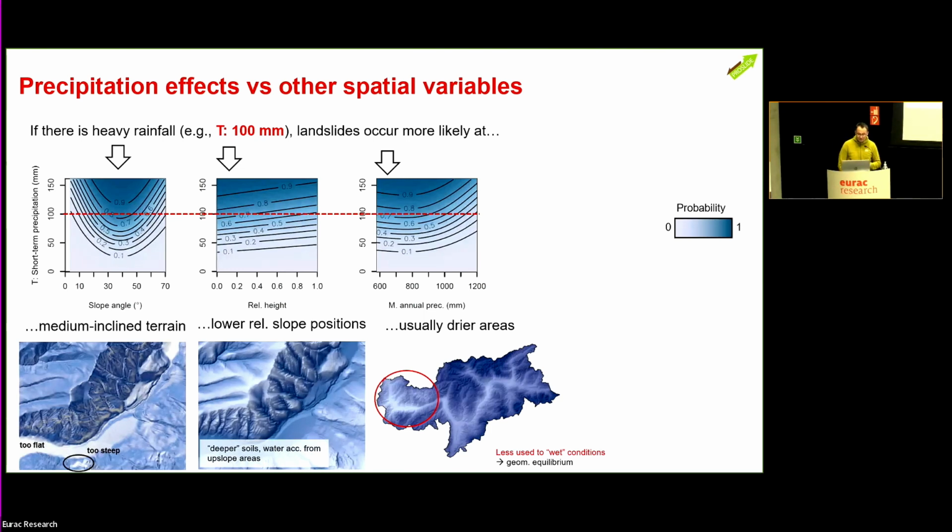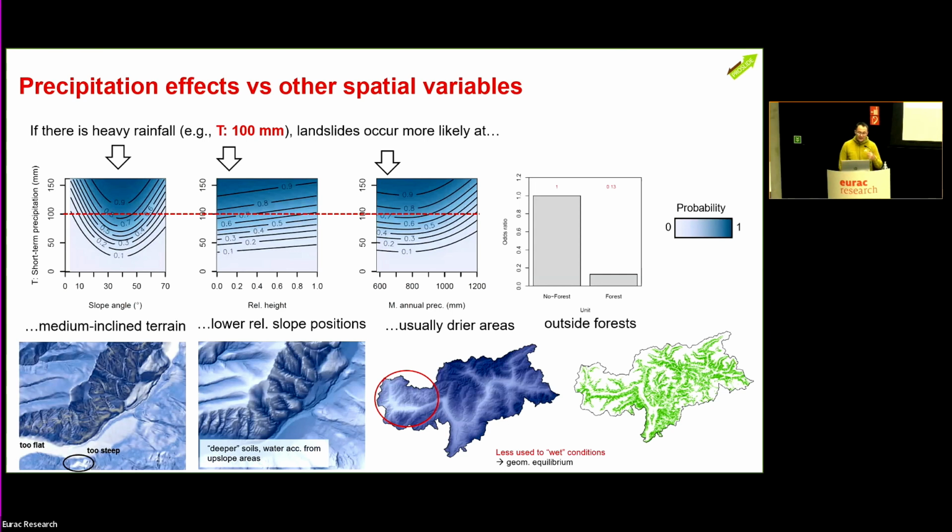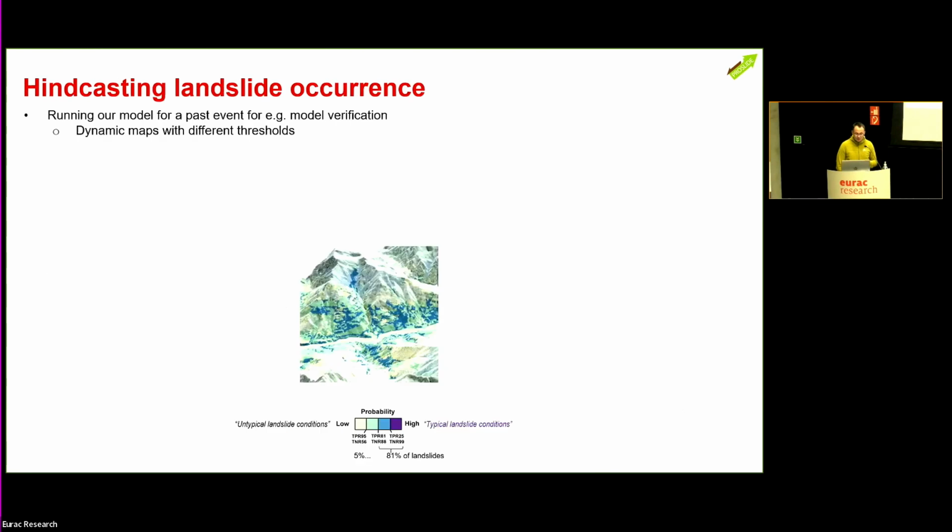So this is also a factor. And also landslides occur more likely outside forested terrain. So also here, of course, forest plays a role. What we can then do is transfer all these relationships and others in a model into space to